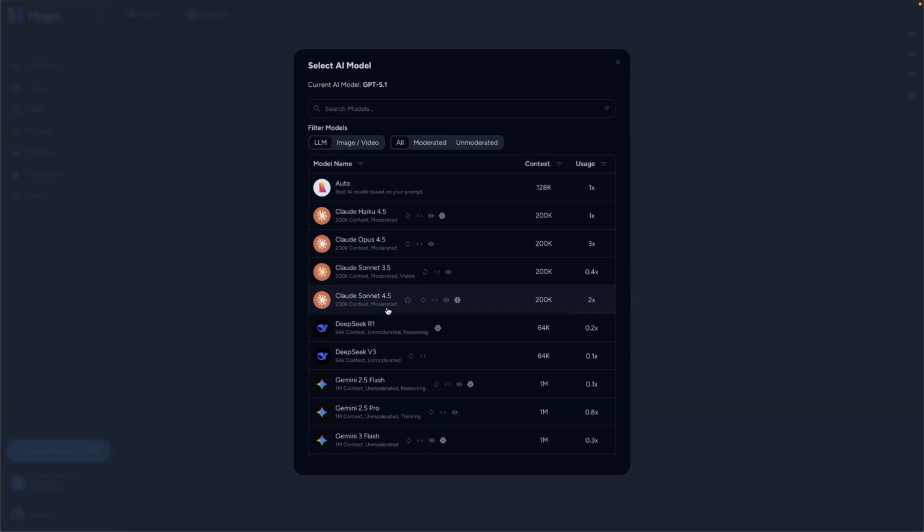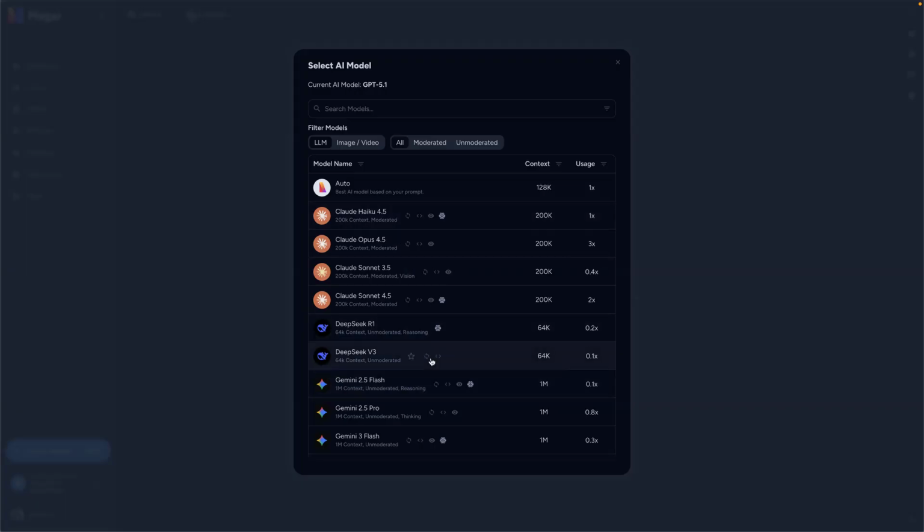The magical part about Magi is that once you start a conversation with one AI model, you can change to a different one, ask the same question, and then compare them. You can write a blog with one language model that you prefer, then write an email with another one, then create an image with another one, and then take that image and create it into a video with another one, all within the same chat.